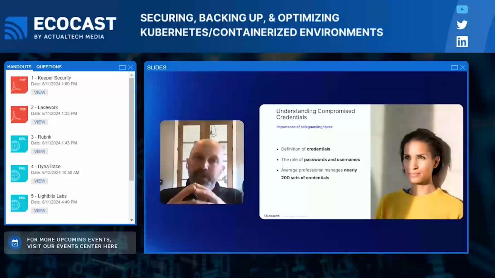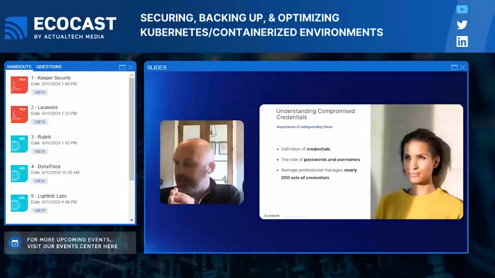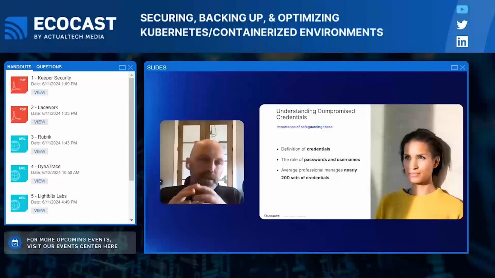That's why credentials are such an important aspect: not only do we have to use them so often, but a lot of times we store them centrally, or reuse passwords from application to application, or make them something we can easily remember. Even when we have a complex password, we tend to append a birth date or a wedding date to it, or something like that. That is guessable with enough time by someone who understands who you are. And so, going into the next slide,